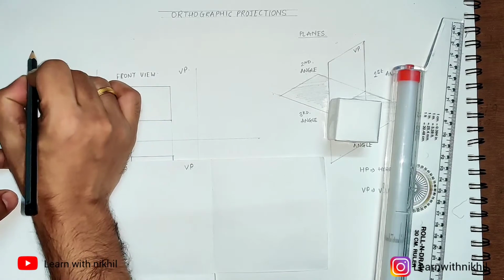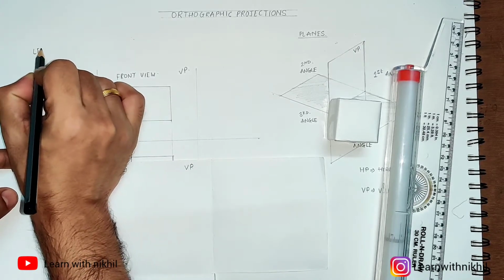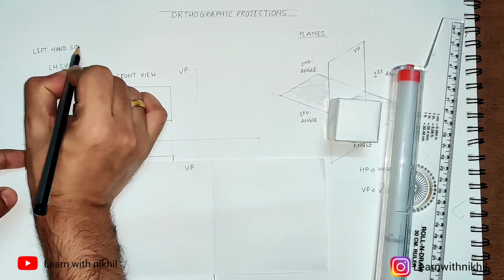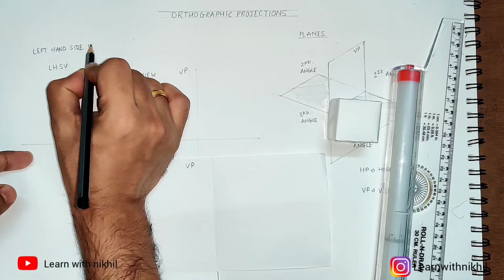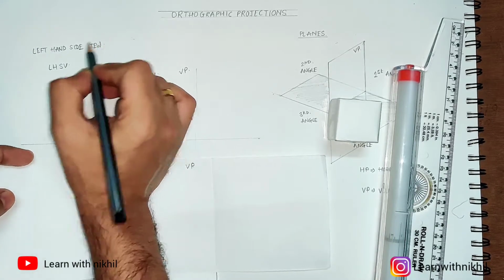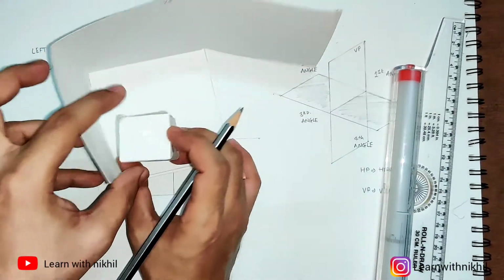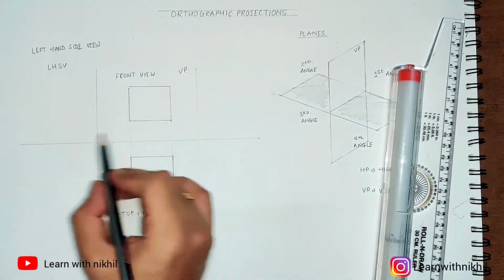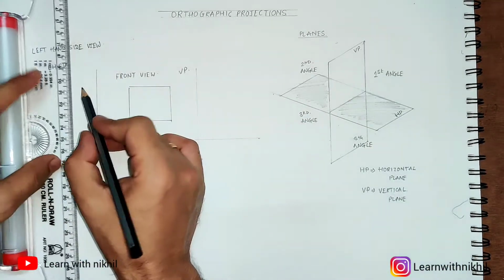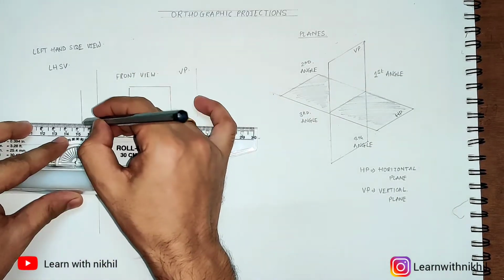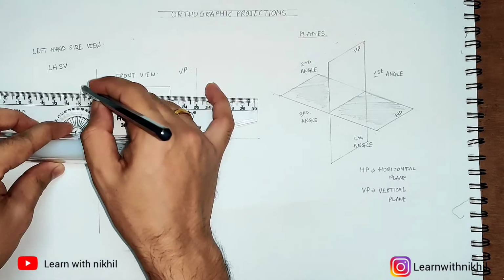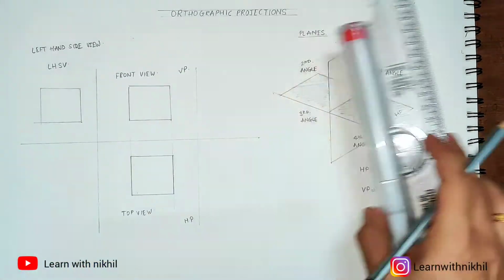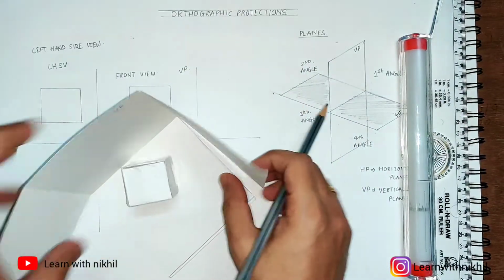So if you look from the right, if the projection is from right, the image will form on the left hand side view. And same, the image will be a square. Again, I am not taking proper dimensions, just for the purpose of showing. I am drawing it without taking any dimensions.